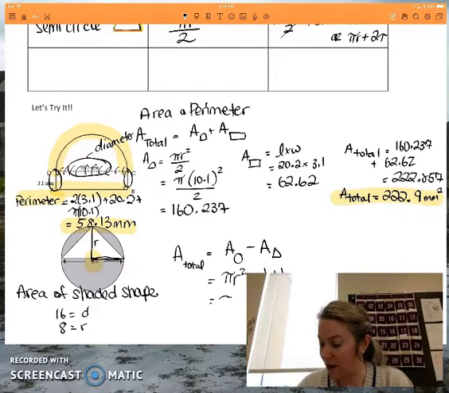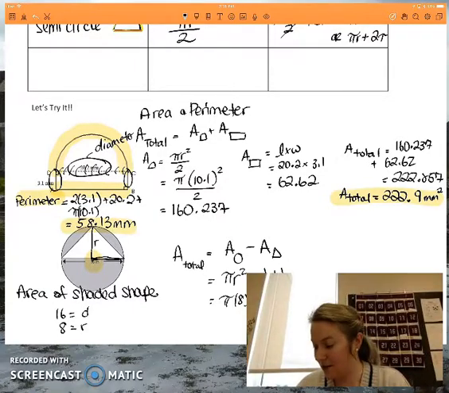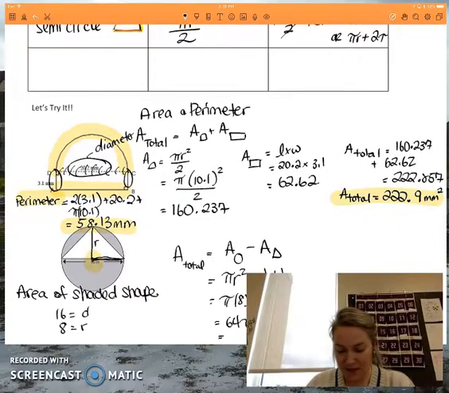So this is actually pi times 8 squared minus 1/2. The base of it is 16, and the height of it is 8. So that's 64 pi minus, that's 8 times 8 is 64. 64 pi minus 64 is